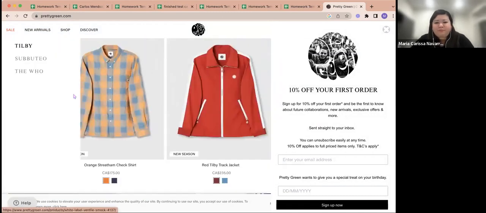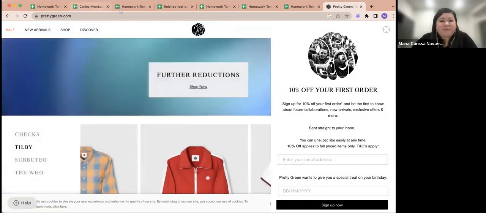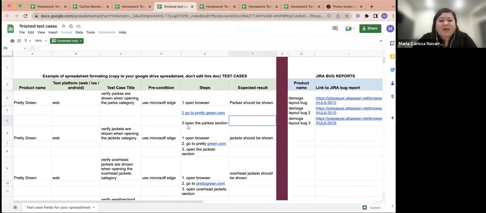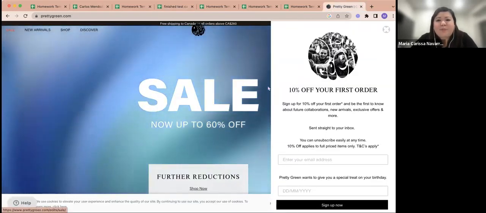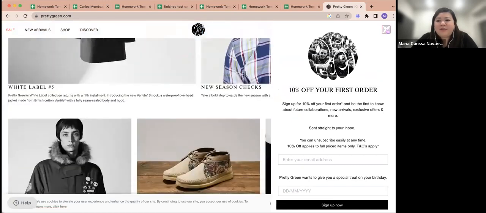So like what I mentioned earlier, when you're trying to create a step, make sure that it's complete, because right now I'm trying to locate the Parkas section. Where is it located? Is it in the left side of the page, upper right corner, lower right? So please include that so that we will